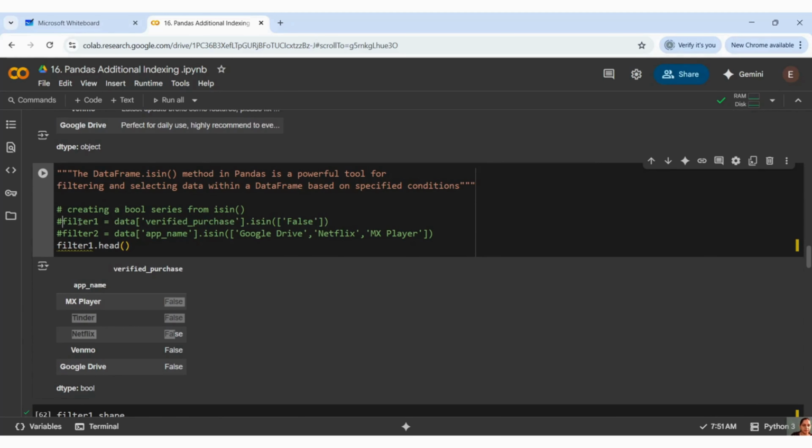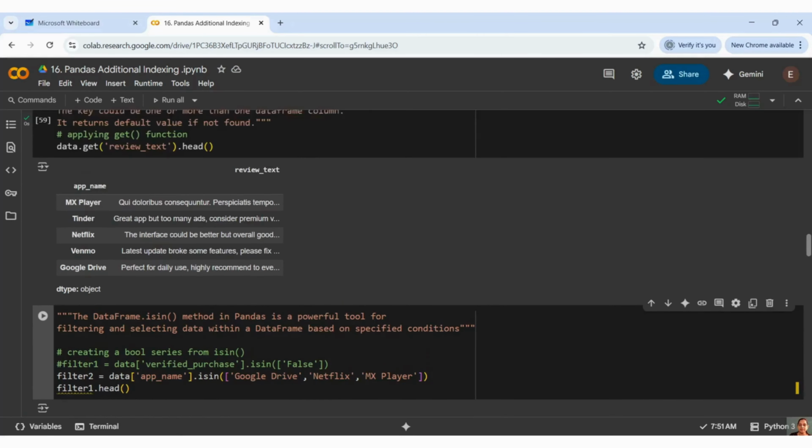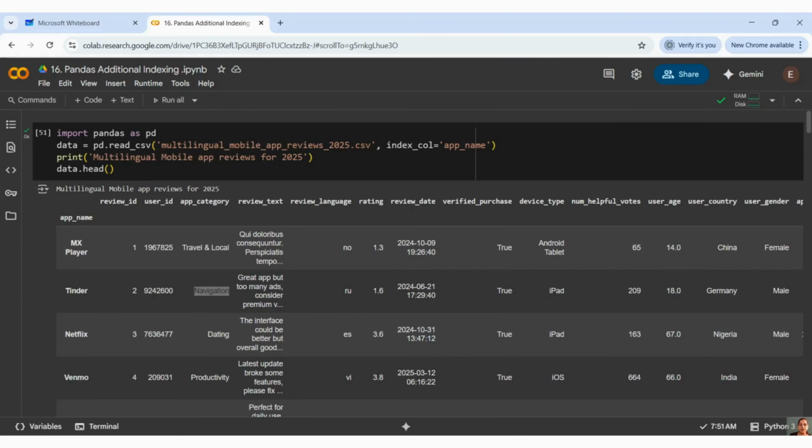Let me comment it out and let me show you this example, which will make it more understandable, because that is a confusing thing, again true and false. How many true and how many false are there?